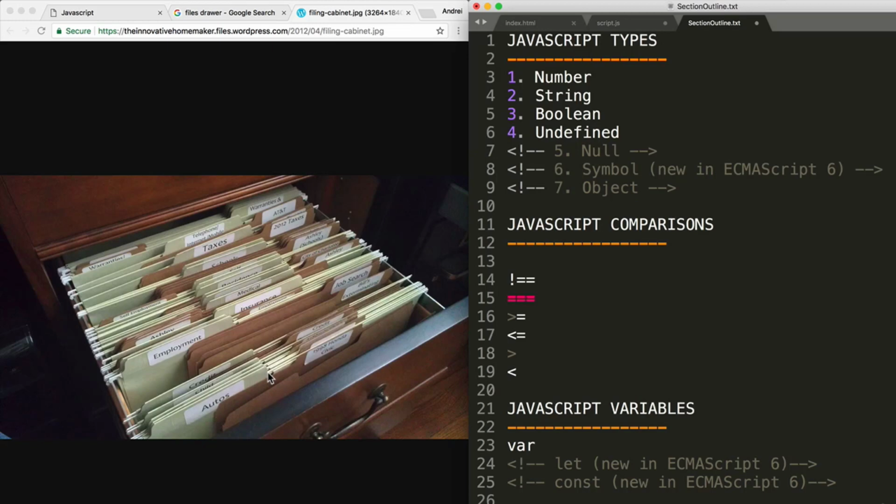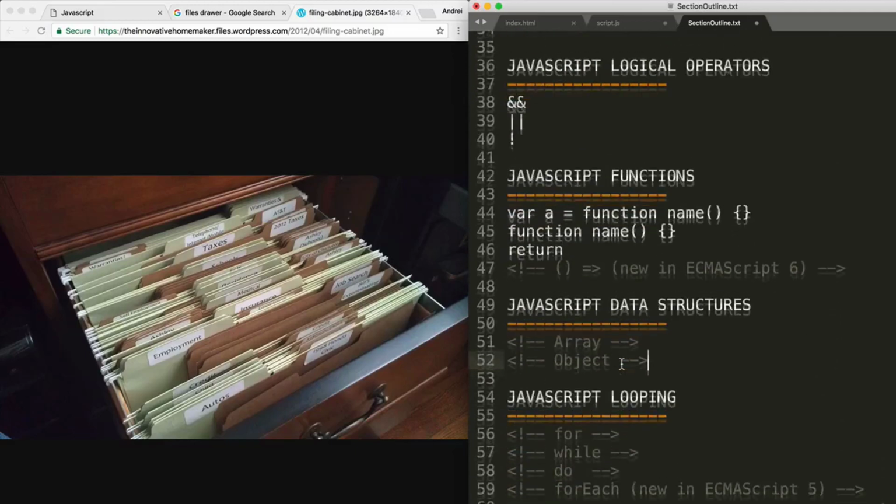Different data structures are good at different things. For example, in this picture, it looks like the file cabinet is really good for finding things because it's sorted in alphabetical order. And data structures give us this ability to store information and access it in a way that is useful to us. So let's learn our first data structure, and that is